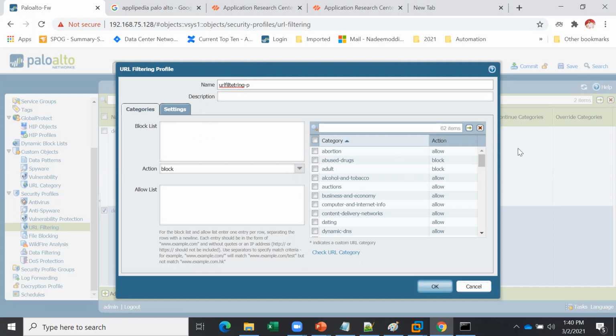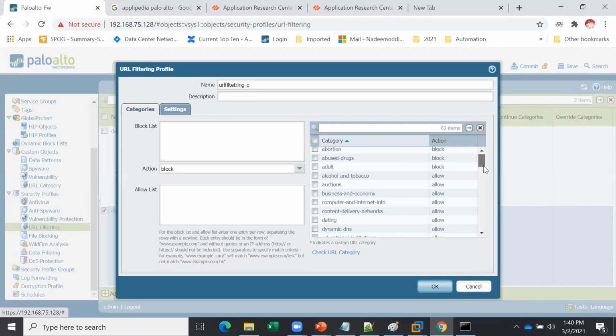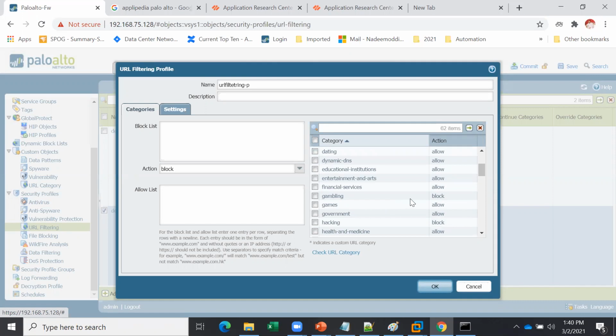Now in the URL filtering, you need to say, see, any URL related to abortion, you want to block. Any URL related to drugs, you need to block. Adult, any URL related to adult sites will be blocked. By default, there are some categories already blocked. Remaining, gambling.